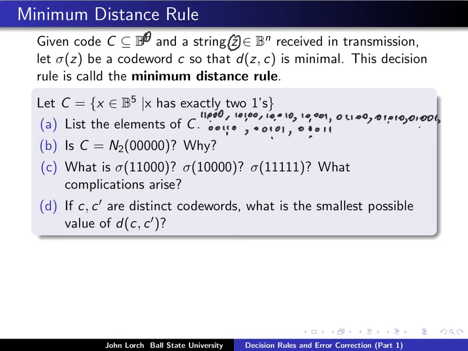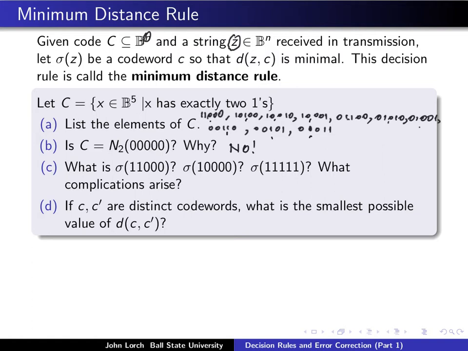Okay, so we have got all of these code words that live in C. And next, in item B, we're asked, is this C equal to the neighborhood of radius 2 centered at 00000? Well, the answer is no,